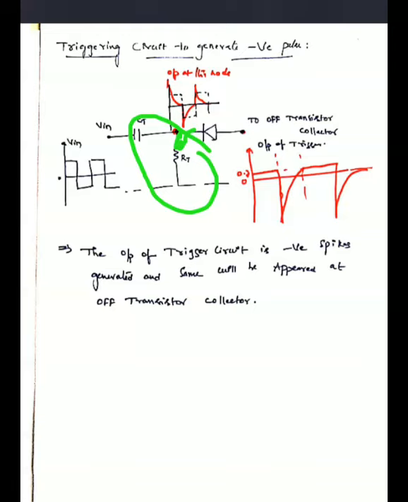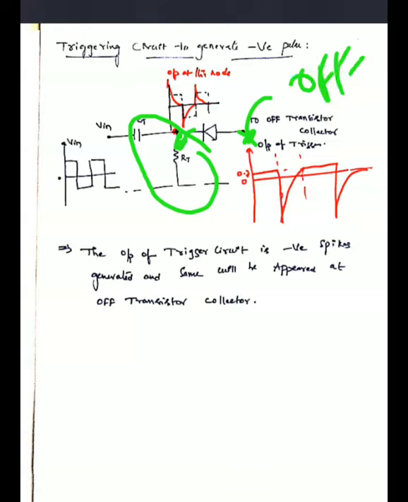This is the required circuit diagram to generate negative spikes. The same output would be connected to the base of the ON transistor, and then immediately the corresponding transistor state would be changed according to the type of multivibrator. The input square wave passes through the capacitor and we develop the drop across the resistor. This is simply a high pass RC circuit. The drop across this node is nothing but positive spikes and negative spikes. These spikes are directly connected to the negative polarity of the diode. The positive polarity of the diode is connected to the collector of the OFF transistor.